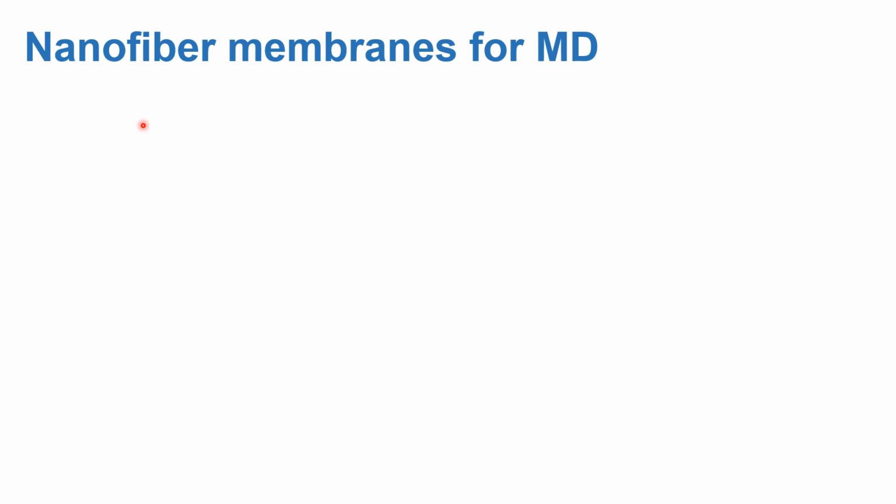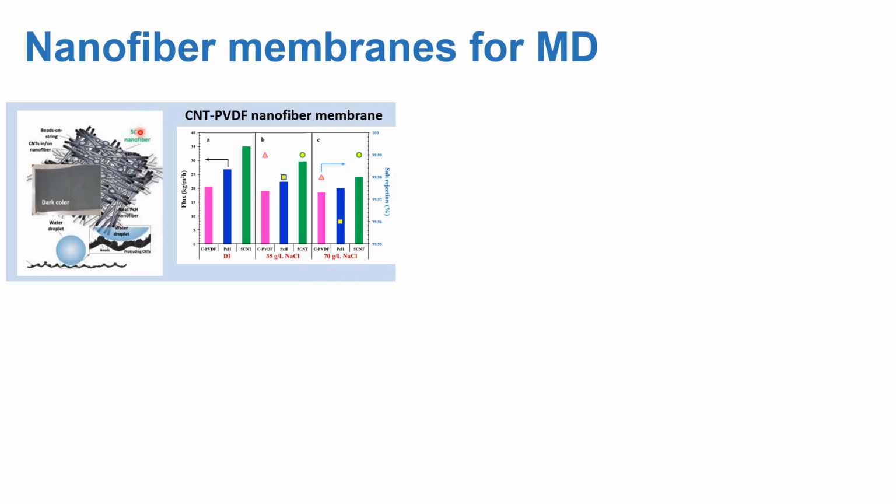These are some of the designs that we have fabricated and prepared for our membrane distillation application. The first one I'm showing you here is a carbon nanotube incorporated nanofiber membrane. In this case, we incorporated various concentrations of carbon nanotubes, which are very good materials with good hydrophobicity, so that it can add some functionalities to the new nanofiber membrane. We found that after adding the carbon nanotubes, the color changed from the white of a nanofiber membrane into a dark color because of the presence of these carbon nanotubes, and it has improved the hydrophobicity of the membrane towards a super hydrophobic membrane.